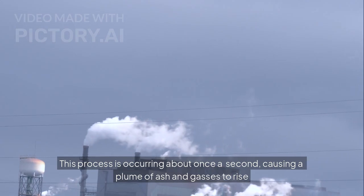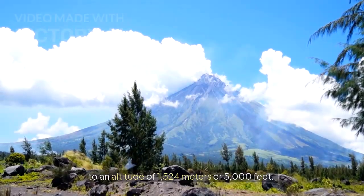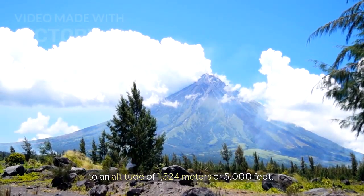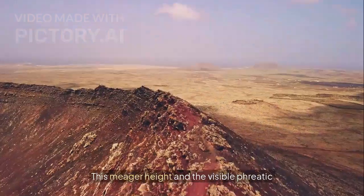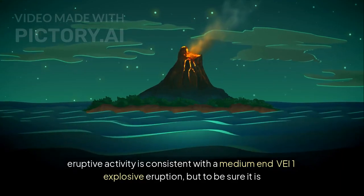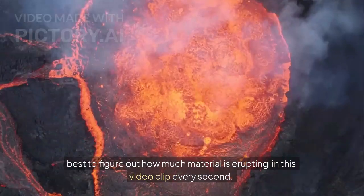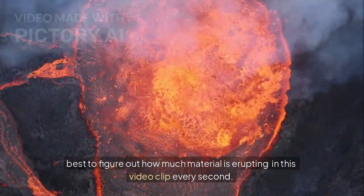This process is occurring about once a second, causing a plume of ash and gases to rise to an altitude of 1,524 meters or 5,000 feet. This meager height and the visible phreatic eruption rate and intensity of eruptive activity is consistent with a medium-end VEI-1 explosive eruption, but to be sure it is best to figure out how much material is erupting in this video clip